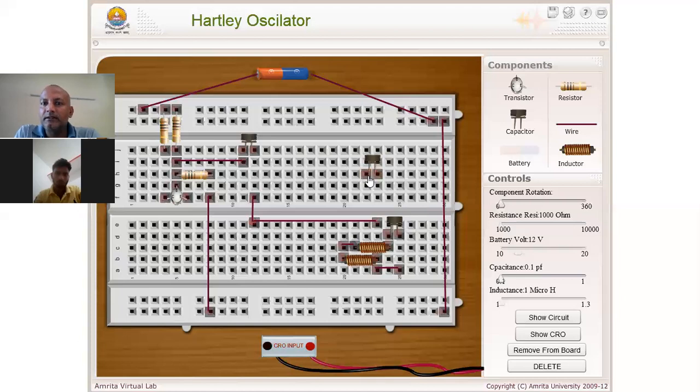One end of this capacitance is connected to the collector of the transistor, and the second end is connected to L1 here.